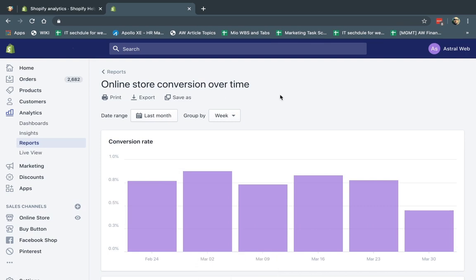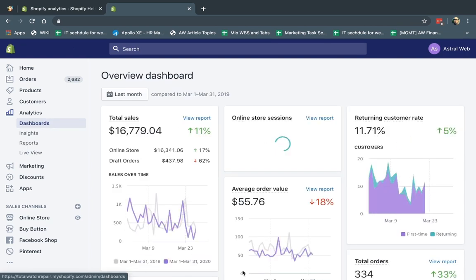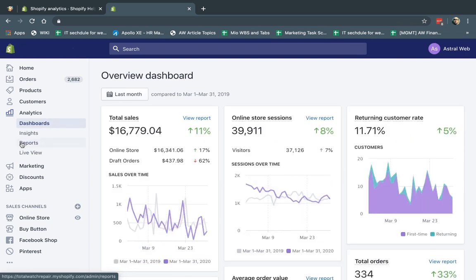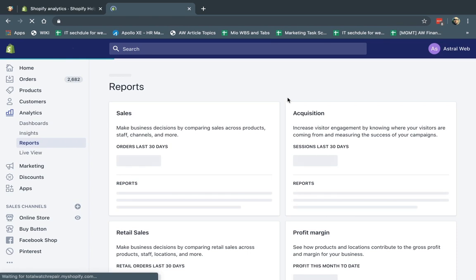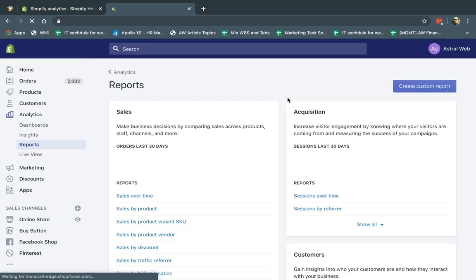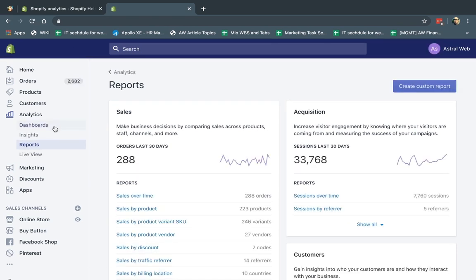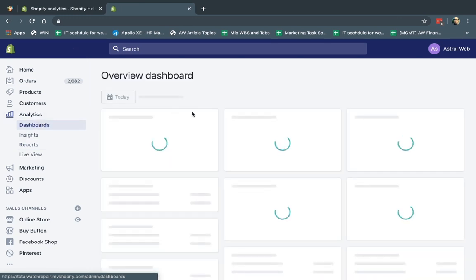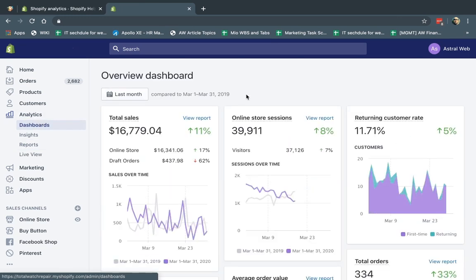So the save one is a really interesting thing. Everything that we saw here, these are built-in reports. If I go here to my dashboard, if I go here to reports, these are built-in reports that come with Shopify. I didn't customize them. But if I actually want to go to a report and customize it, I can make a few changes. For example, change the date, change the columns, and I can actually view it later. So I can save it for later access. If I want a very specific report, I can do that.